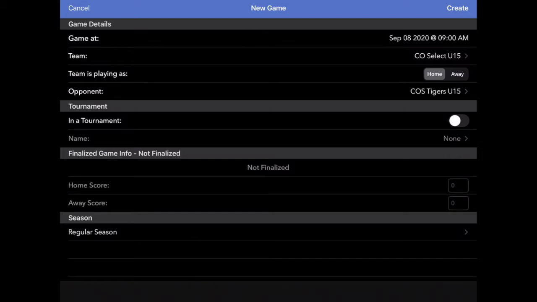Now that's the minimum you need to enter in order to create a game. There are some additional fields. As you see in the group beneath it, the tournament field allows you to indicate if a game is part of a tournament. So if you're in, let's say, a regular season, but you're having a tournament weekend, you can indicate that this particular game that I'm recording is part of a tournament by flipping on the it is a